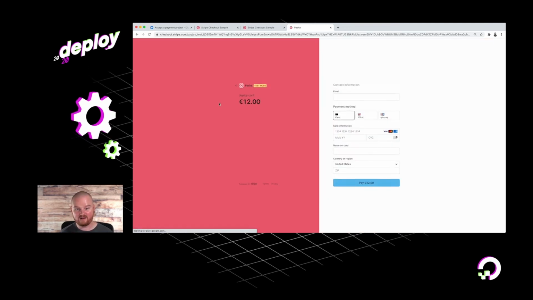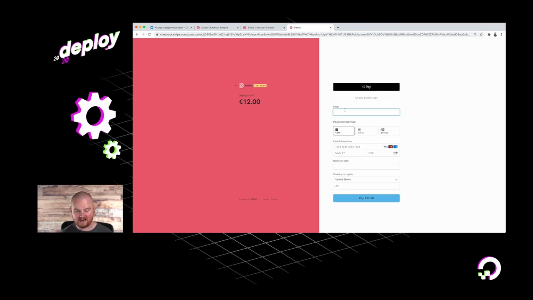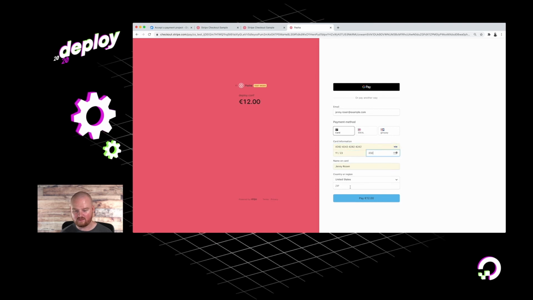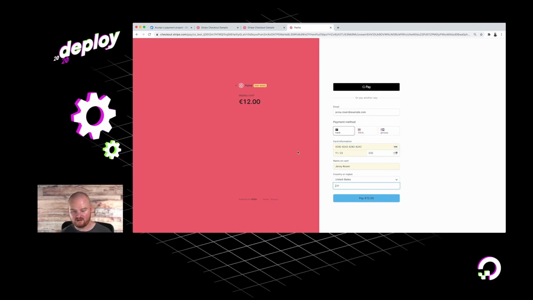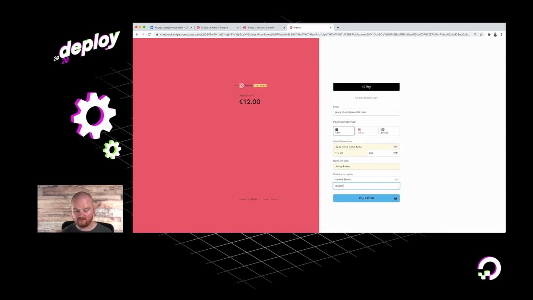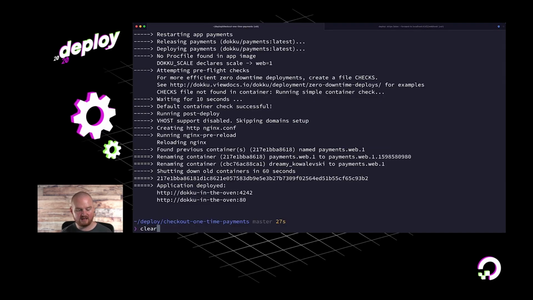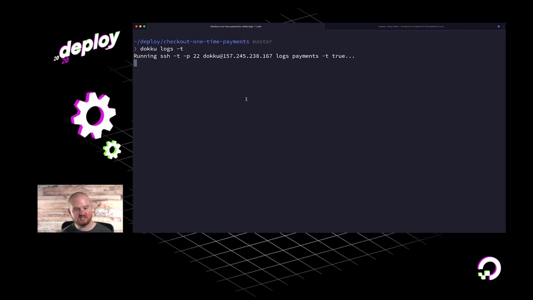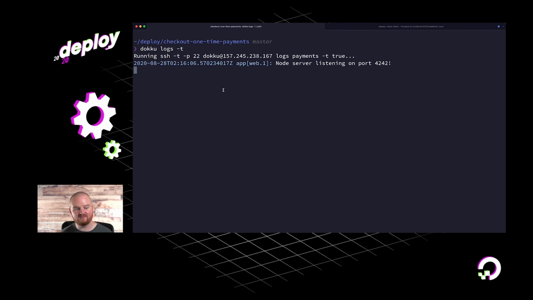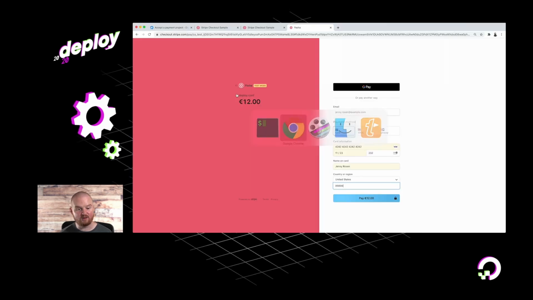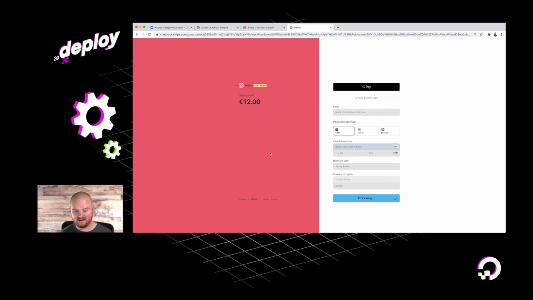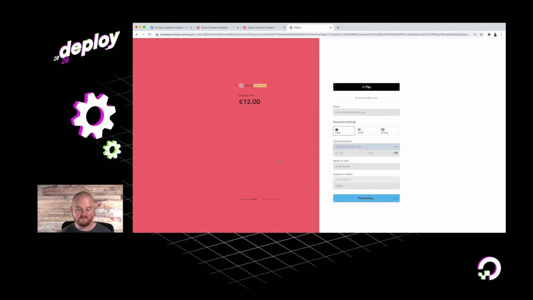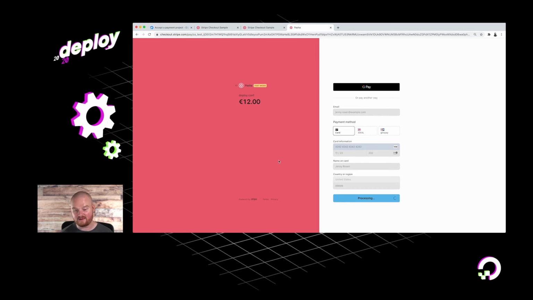We click that buy button and walk through the payment flow one final time here, and we can see what this looks like when we receive the webhook event. So actually, before I hit pay there, I'm going to run in the terminal dokku logs -t, just so that we can see that the webhook event is received by our droplet. So if I click pay, we should be receiving that checkout.session event, and that represents a successful payment.